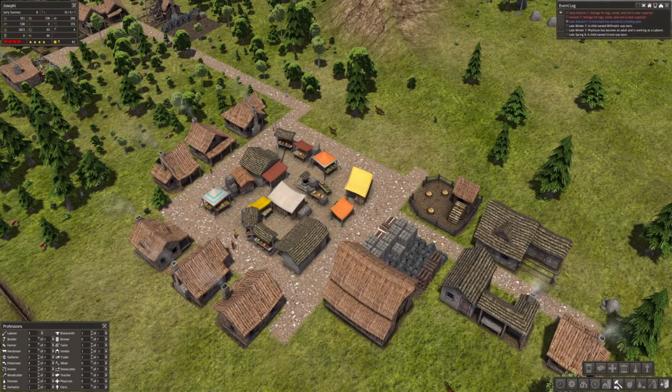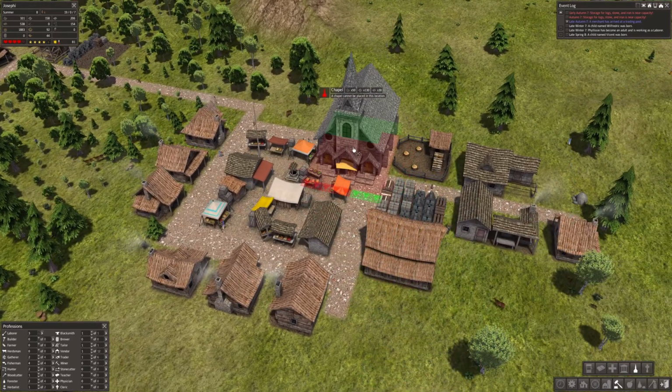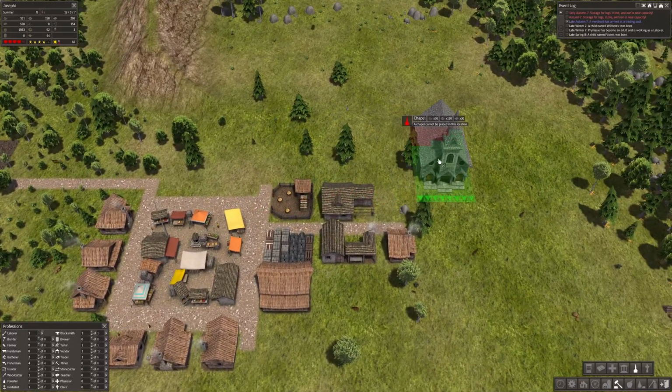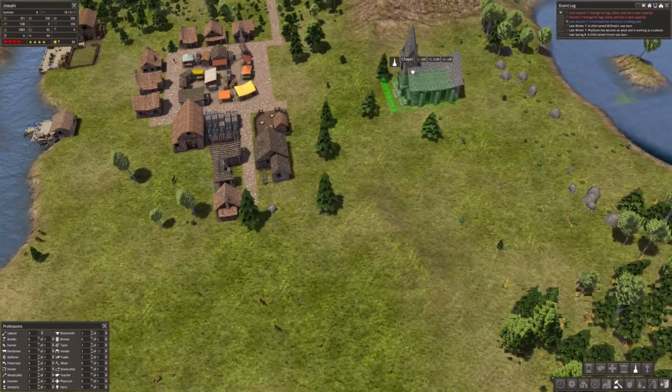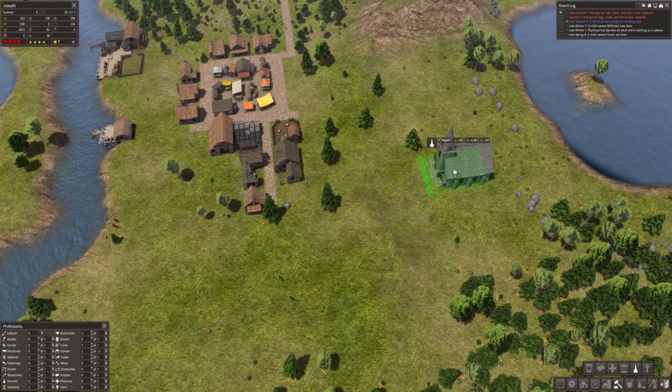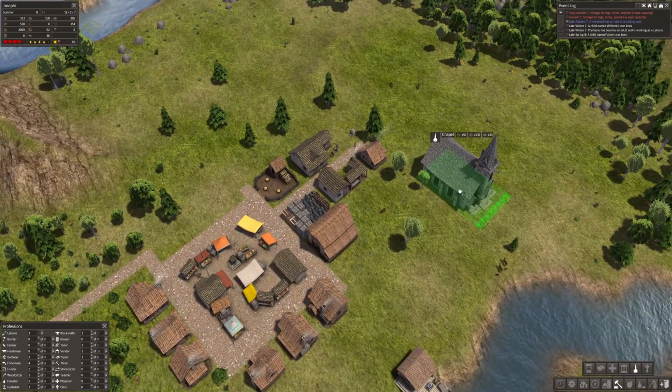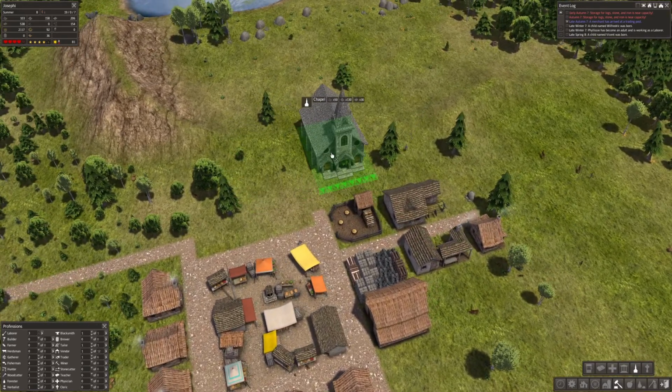Okay, and I think let's go ahead and add the chapel. It is a pretty big building. Let's see. I think we'll start building off in this direction since there is a lot more space now. All the trees have been cleared. So let's go ahead and...